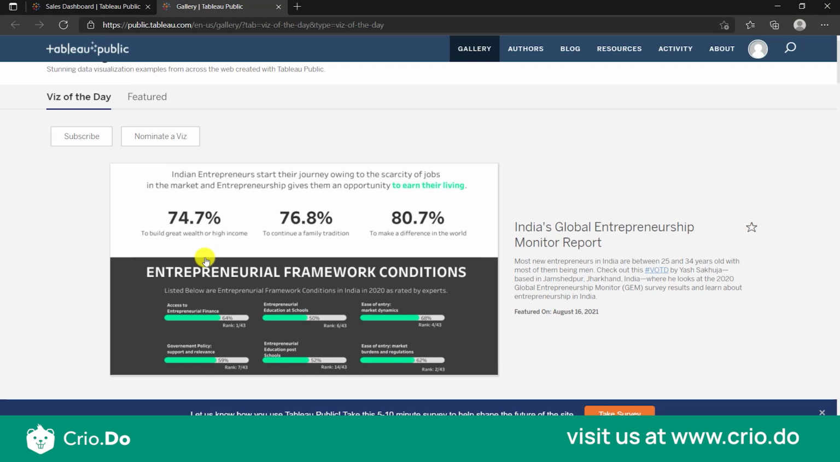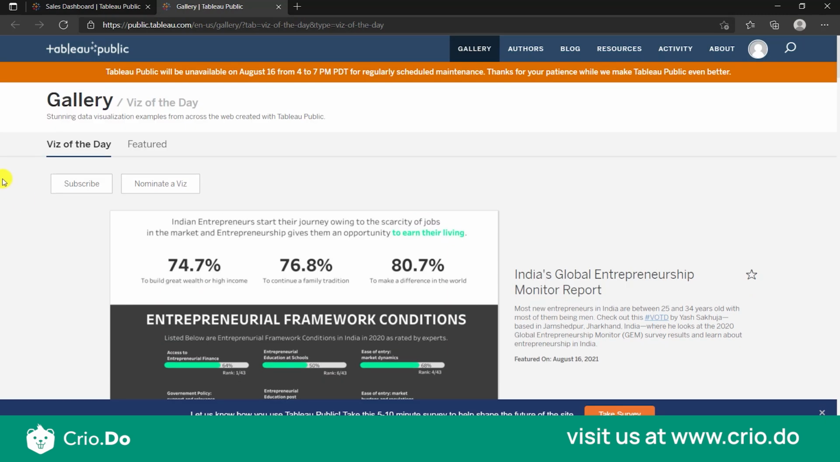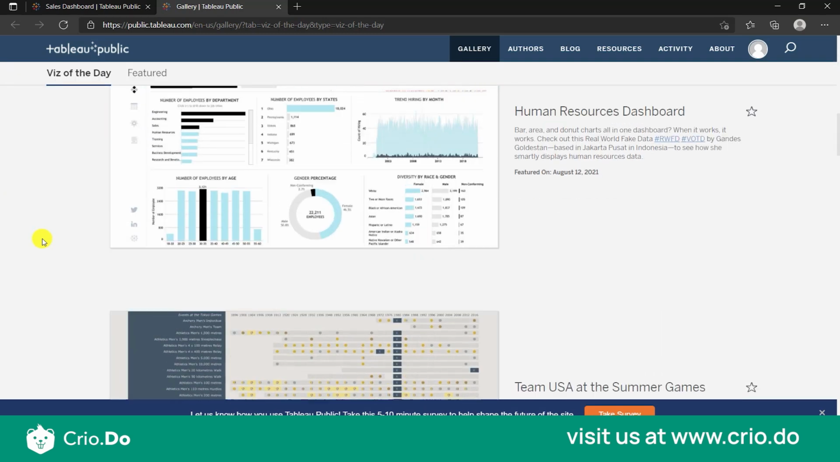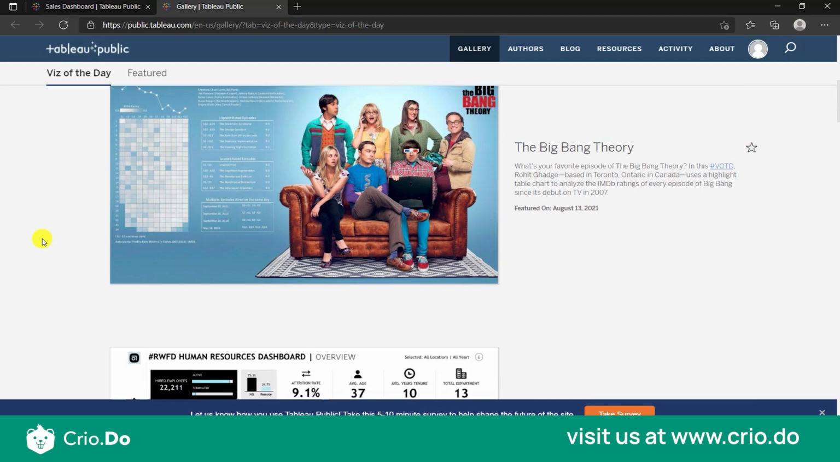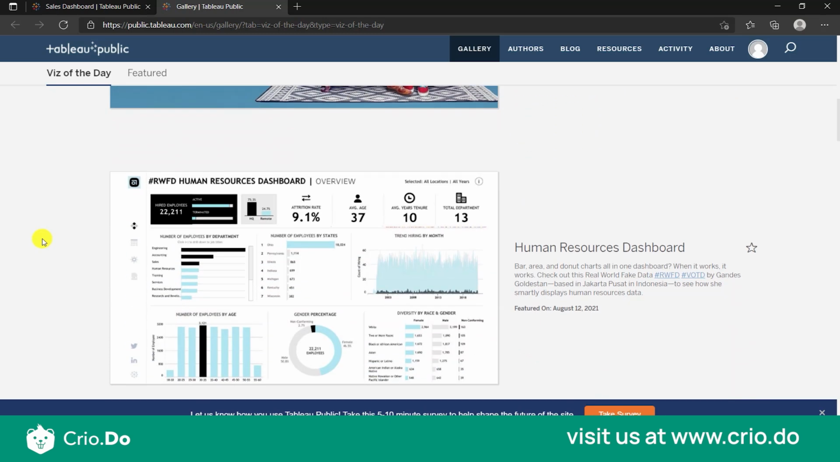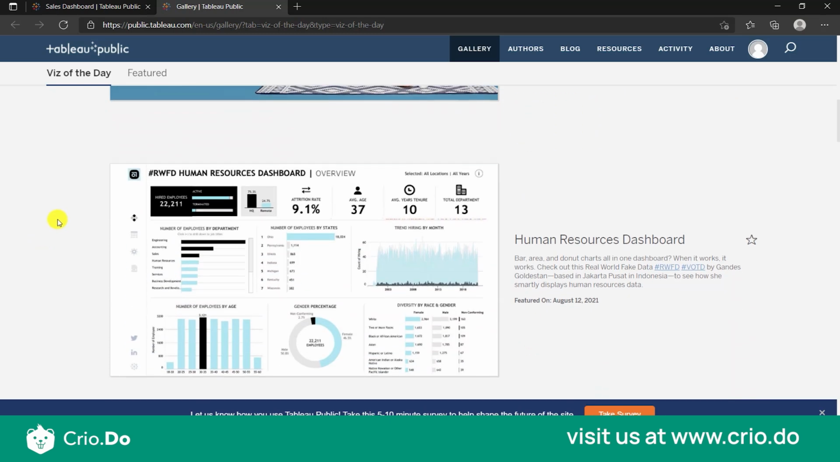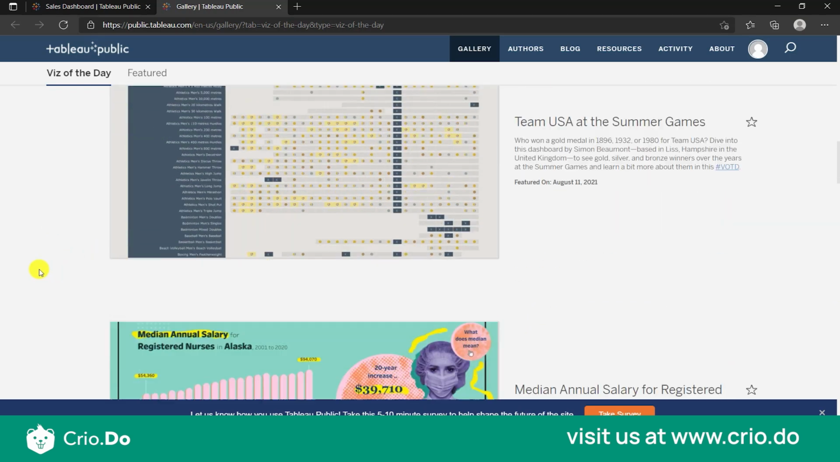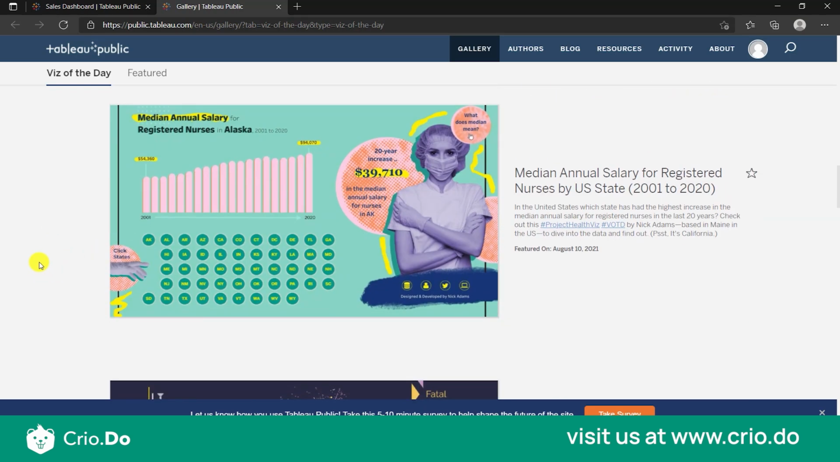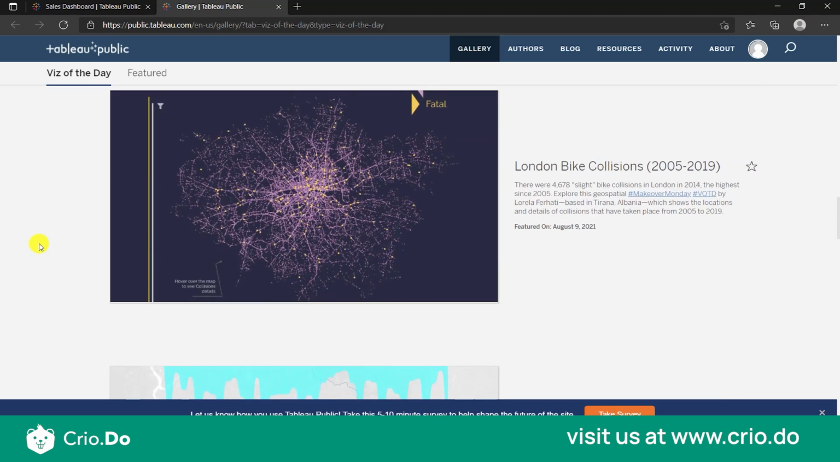Tableau Public. You see here, this is a Viz of the Day. Tableau actually recognizes some beautiful dashboards which contain beautiful data as Viz of the Day. And you can see here all the dashboards are so creative, and they came up with different data, and they created some analysis out of it, some KPIs like this. And if you see here, many authors publish the data publicly to actually access different data and the workbooks